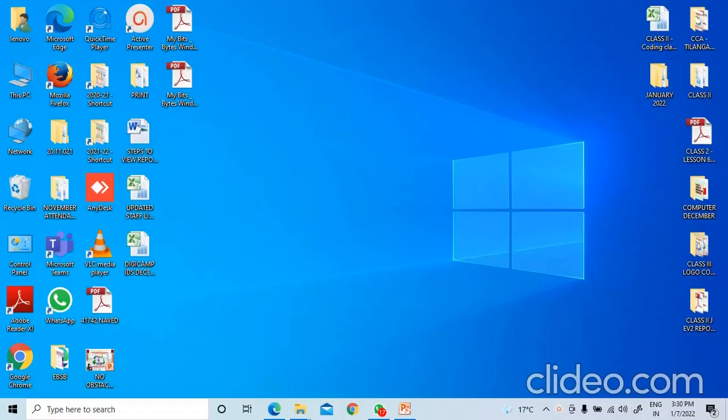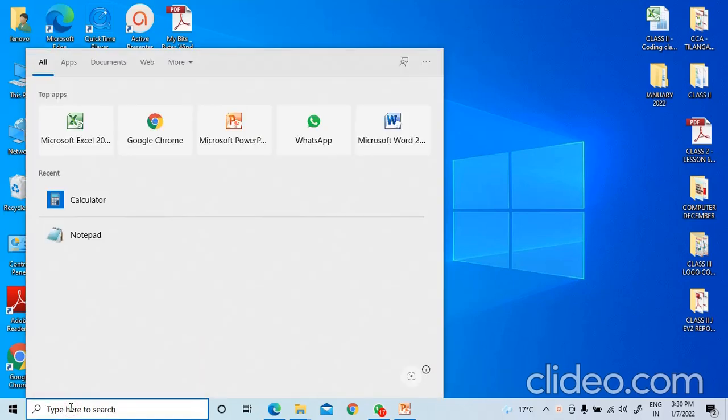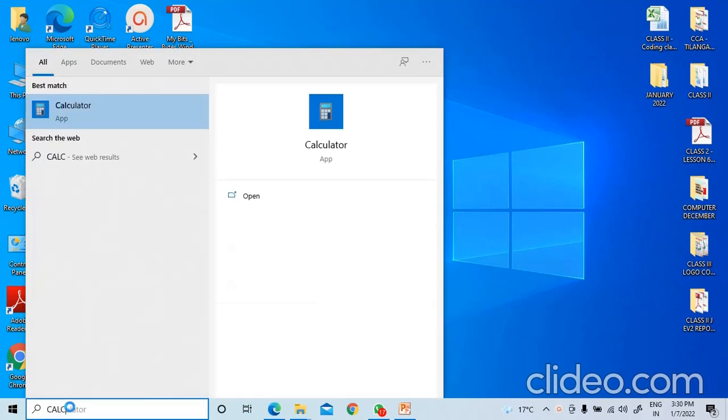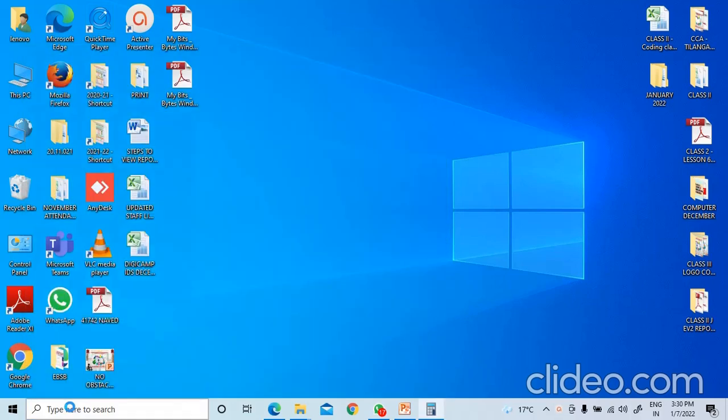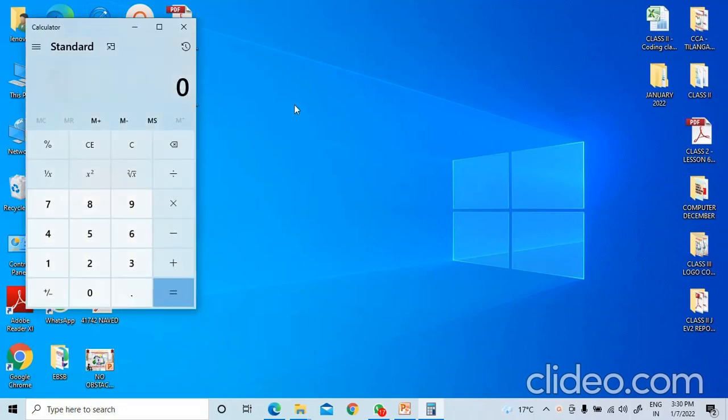Children, now we will learn about calculator. First of all, I will tell you how to go to calculator application. For that, go to your status bar at the bottom of your screen. Click in the search window and write here calculator. Press enter. As soon as you press enter, the standard calculator will appear on your screen. Click on each button with mouse to enter information into the calculator. Here are some numbers written, so you have to click on the numbers to give the information to the calculator.